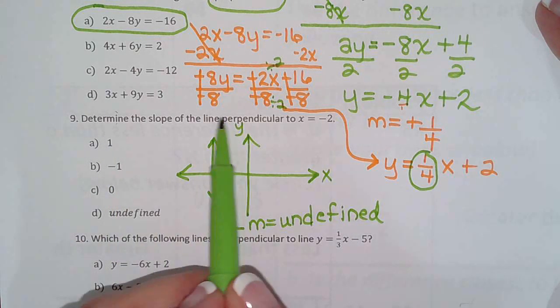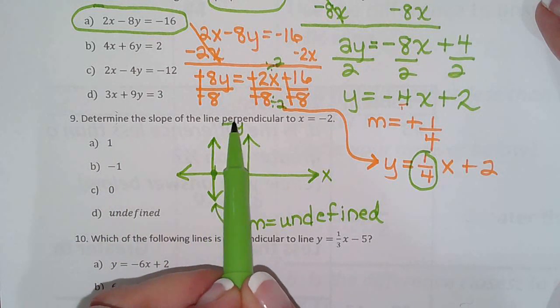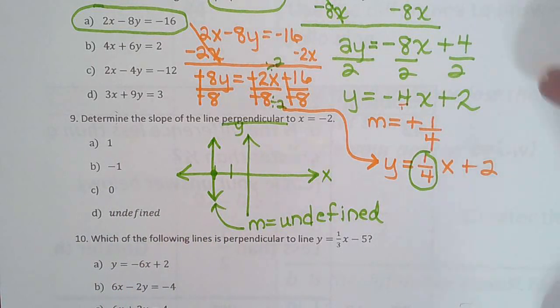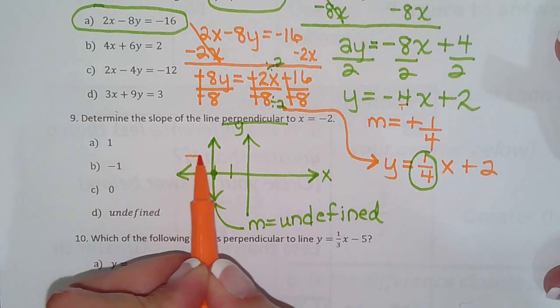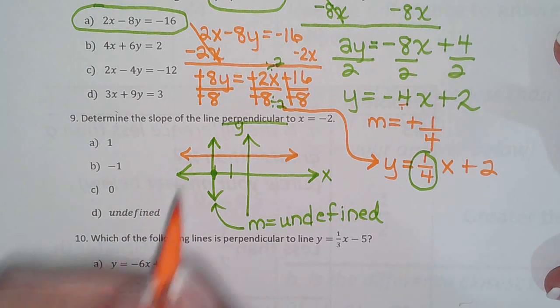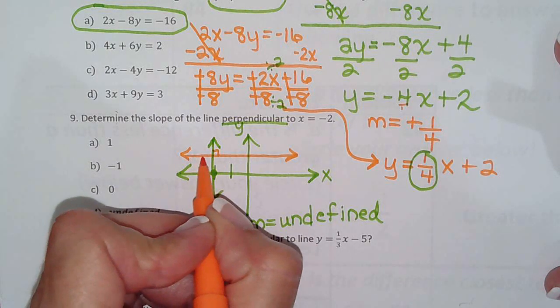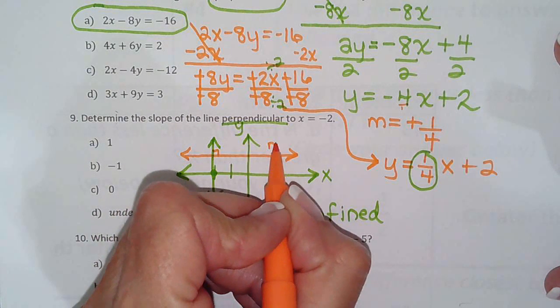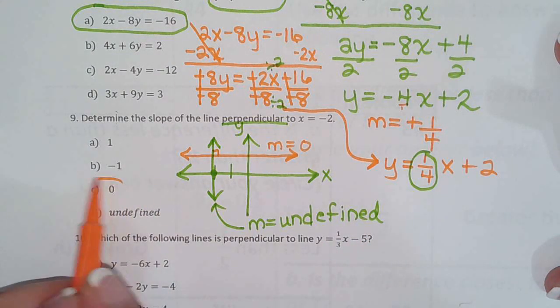It's asking us what's the slope of a line perpendicular. So a line that is perpendicular would be a horizontal line. So what's the slope of a horizontal line? 0 fun. m equals 0. So that will be our answer for